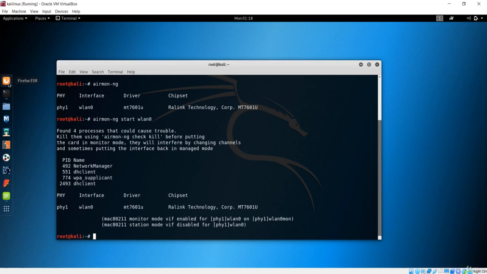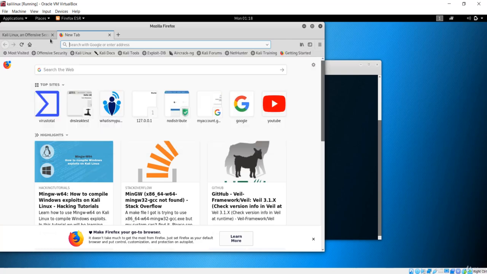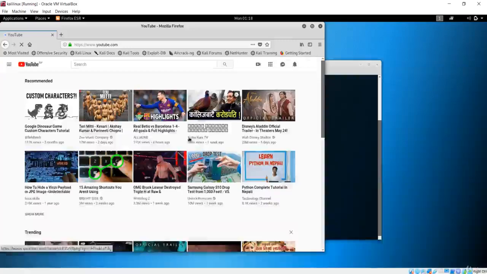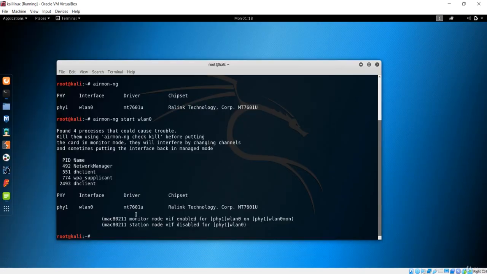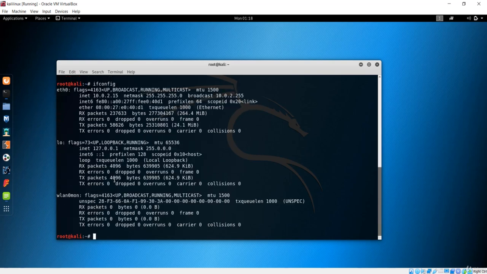It is normal to get cut off from network access. If I run Firefox and go to maybe YouTube, you can see I'm getting internet access, but it is not from this wlan0. It is from another interface. If I run ifconfig, you'll see we don't have any connection from this wlan0 interface, which is in monitor mode. We are getting this internet connection from eth0. So you will have an internet connection, but it is not from the network interface, because our network interface is down.